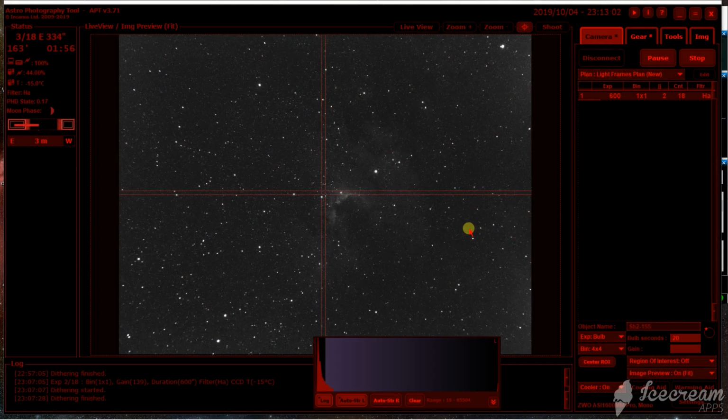Guys, we got night 1 on the Cave Nebula. I'm doing 10-minute exposures. Right now I'm doing H alpha. This run of 18 subs is supposed to end just before 2 a.m. So I'm cooled down to -15 Celsius, and it is currently pretty windy out, and so I'm pretty surprised I'm